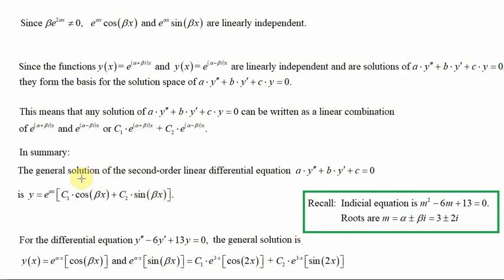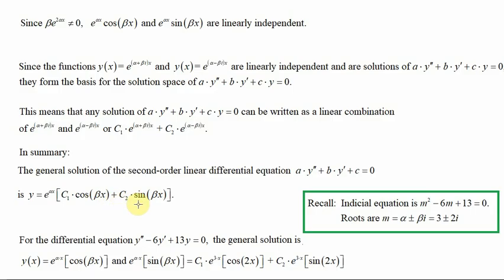And so what that means is that the general solution of the linear homogeneous differential equation here will be y equal to e to the alpha x times constant c1 times cosine beta x plus constant c2